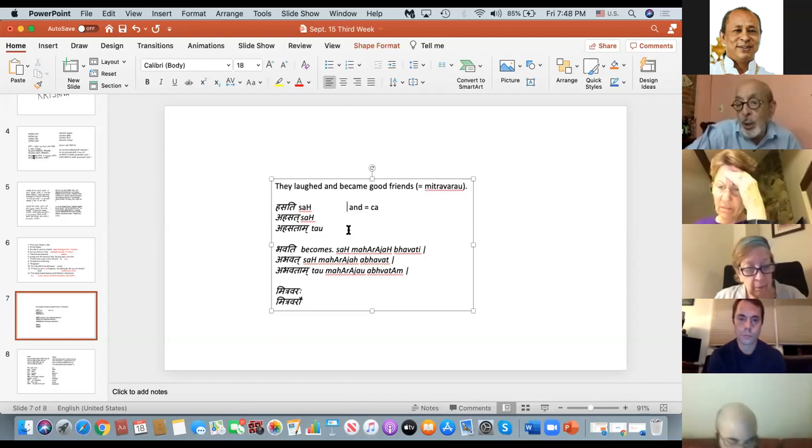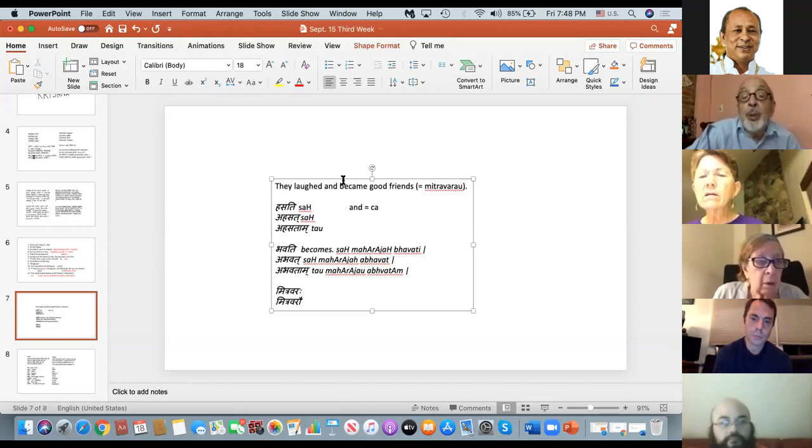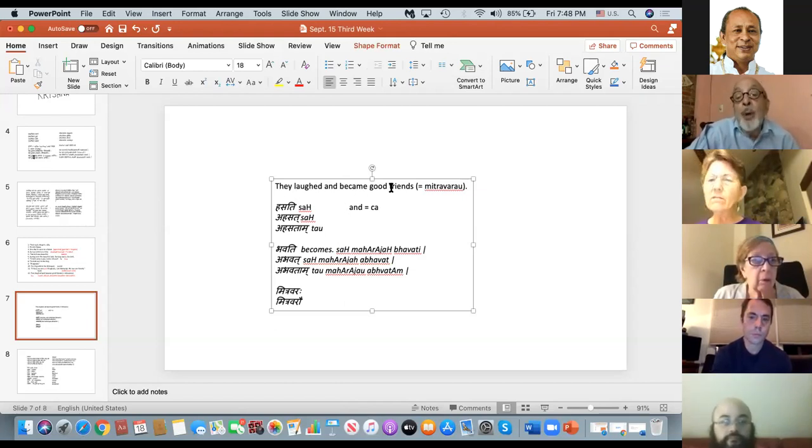Gautam and Prajwal, you say Gautamaha Prajwalascha. So you can or can't use it in this context. You can use cha. You have to use cha in here, but not between two things. Here, they laughed and they became good friends. In English, you use "and" here, but in Sanskrit, they would. If I translate Sanskrit literally, they laughed, became good friends, and "and" comes toward the end of two things.